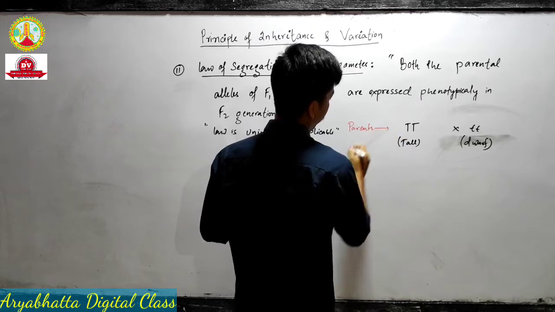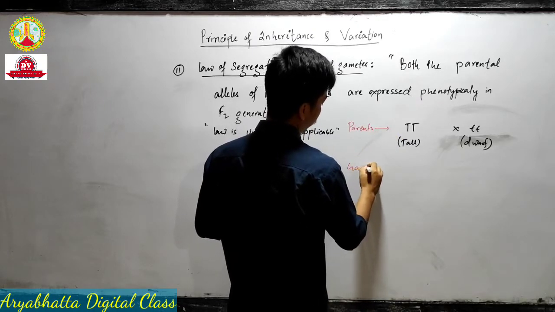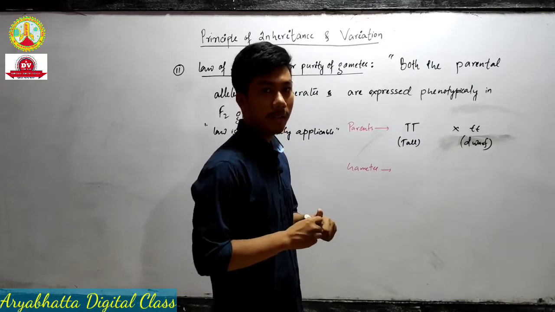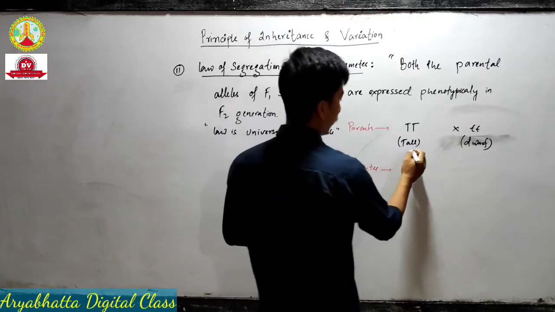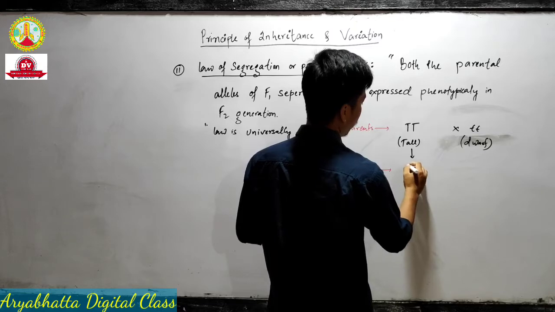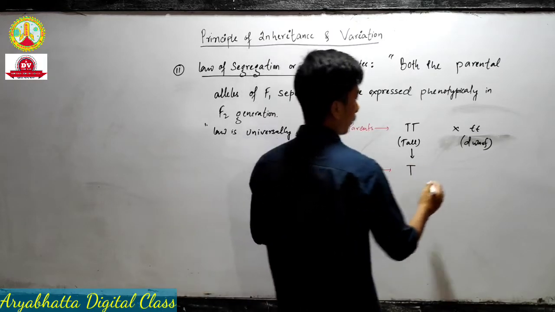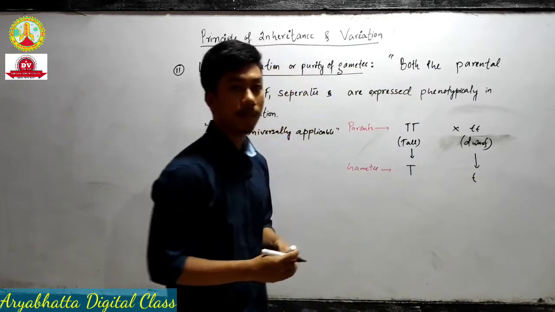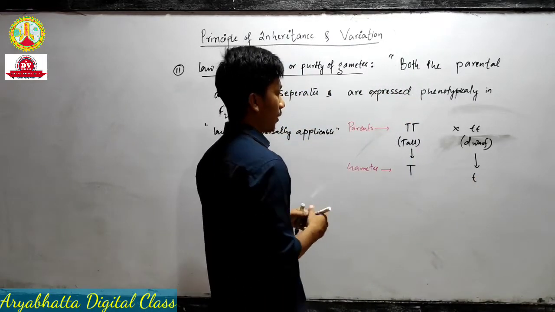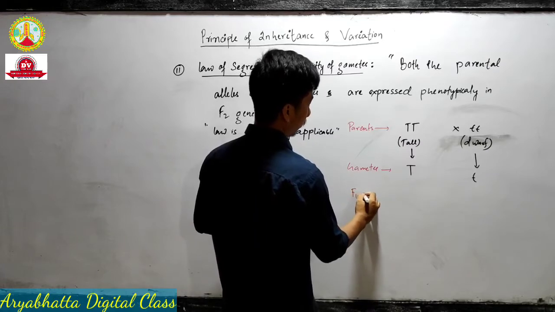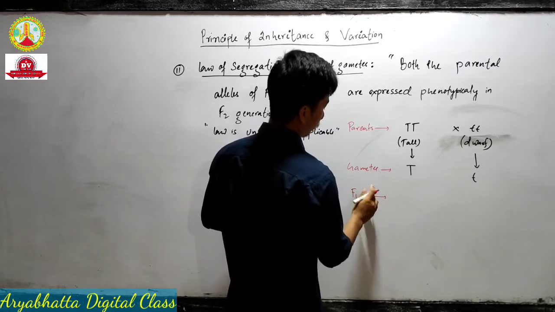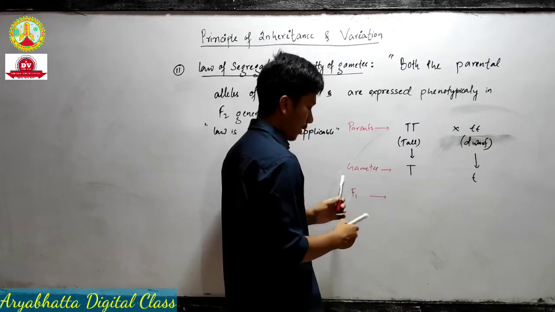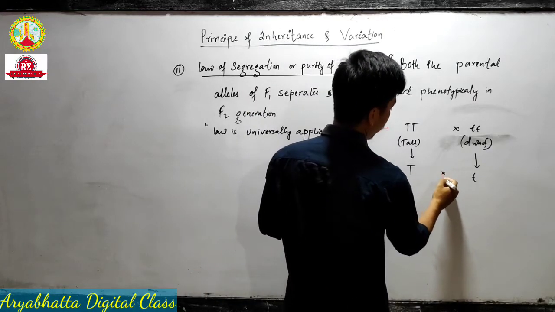That is our parents. Now gametes: the tall plant will give its gamete capital T, and the dwarf plant, that is recessive, will give its gamete small t. So in F1, F1 means the first generation, when we make a cross between capital T, that is tall, and dwarf, the result we get